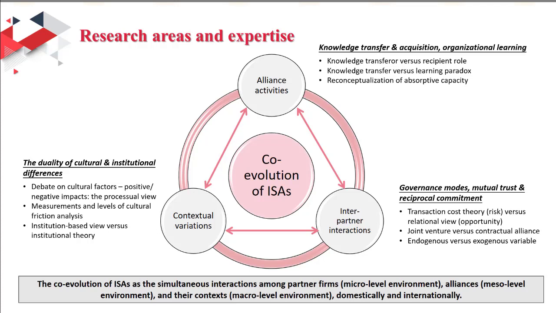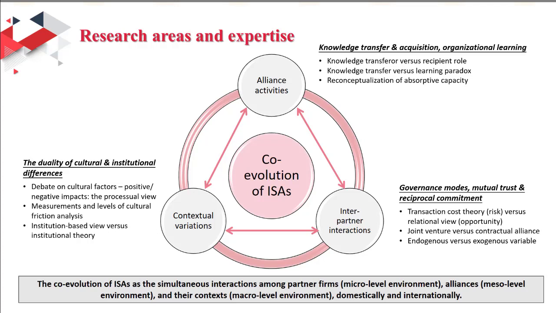So you not only need to take into account the dynamic partner interactions, such as the bargaining power between partners or the relationship between them, and sometimes the number of partners will complicate the tension between each other. You also need to consider the contextual factors, where the partners originate. Cultural, institutional, or economic differences between partners certainly will influence their interactions and the